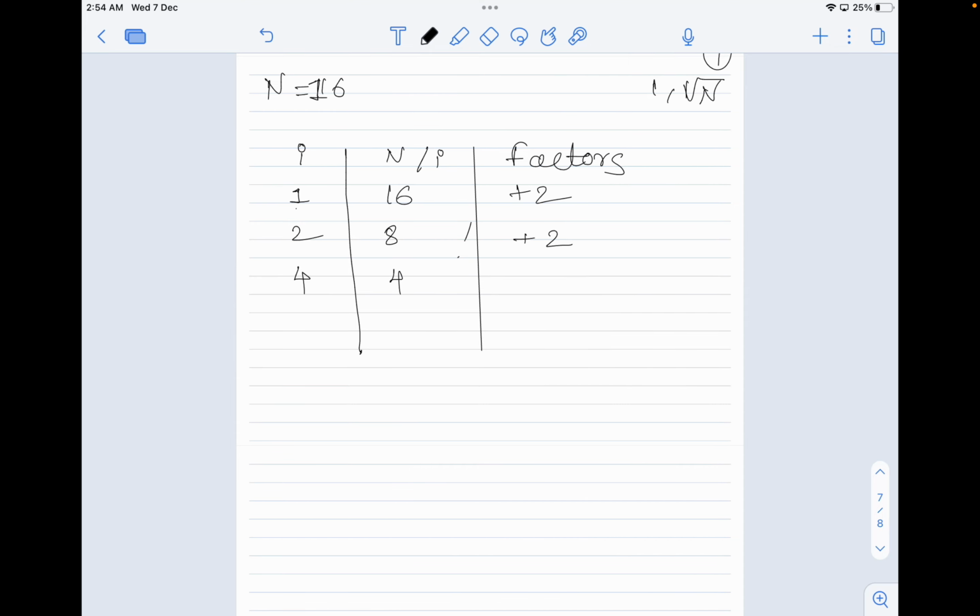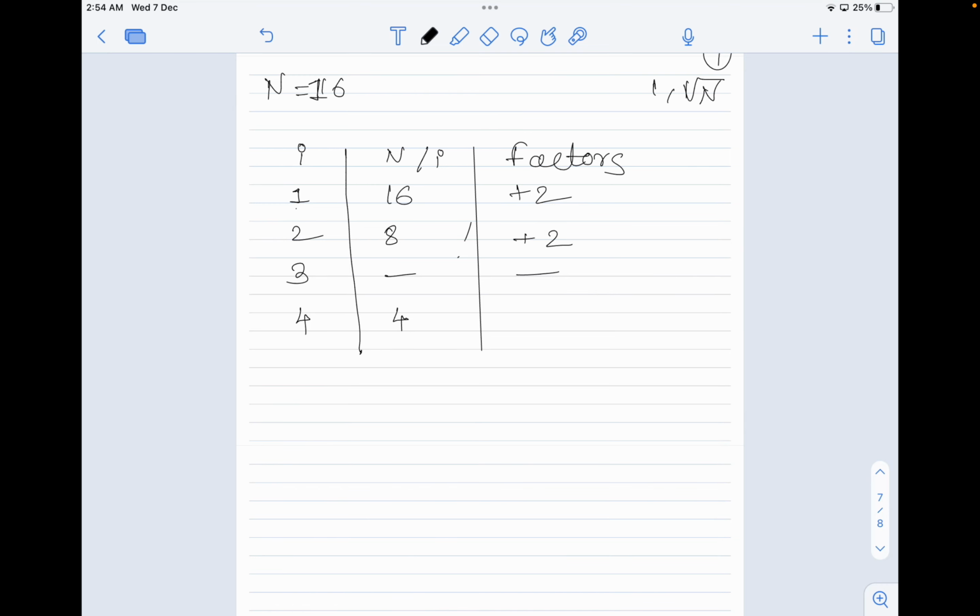Now see, I'm asking, will you increment this? See, I'm writing for 3 also. 3 will not come, so I'll just write no increment. Okay, so now 4 I have taken, and if I divide 16 by 4, so it